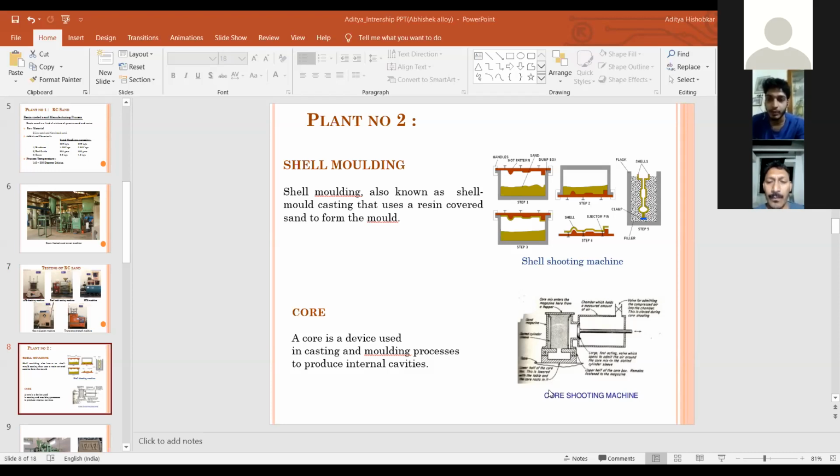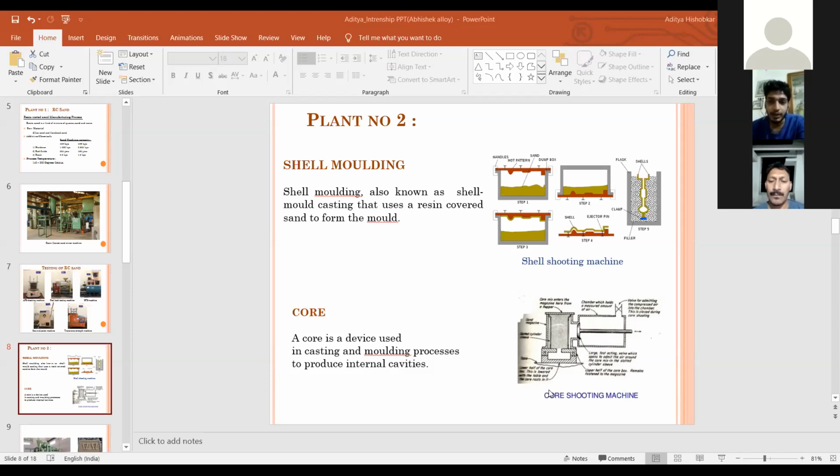The process of shell molding is that fine silica sand is shot onto the hot pattern. The pattern is usually made from cast iron and is heated to 230 to 315 degrees Celsius. The sand is allowed to sit on the pattern for a few minutes to partially cure. The pattern and the sand are then inverted so that the excess sand drops free of the pattern, leaving just the shell. The pattern and shell together are placed in an oven to finish curing the sand.